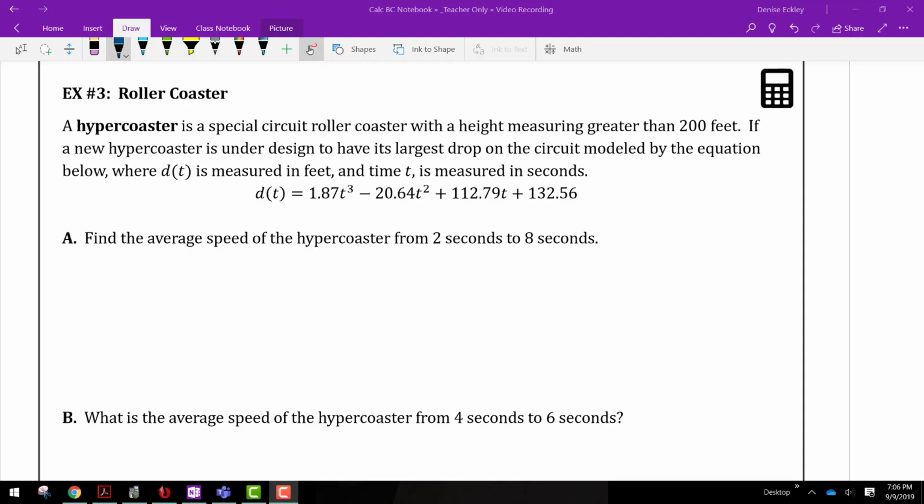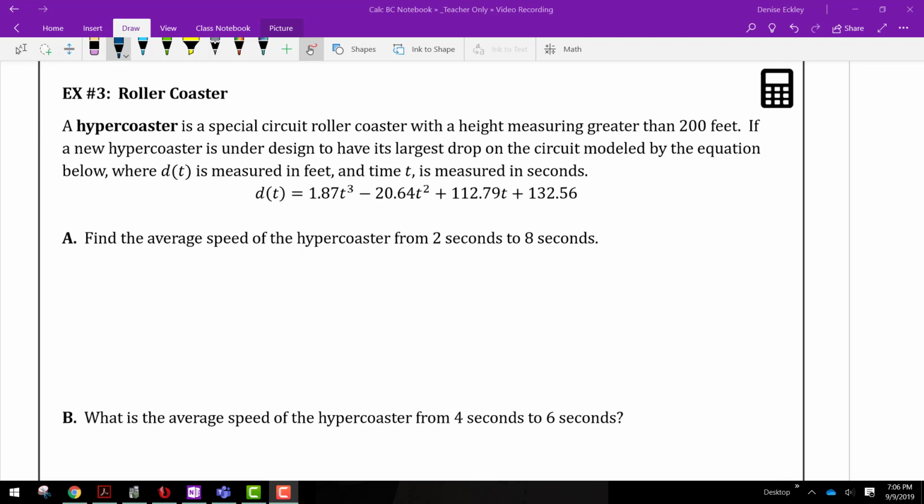This is part 2 of topic 1.1, an introduction to instantaneous rate of change. This part is going to include 2 examples. So the first example is about a hypercoaster, and it's a special circuit roller coaster with a height measuring greater